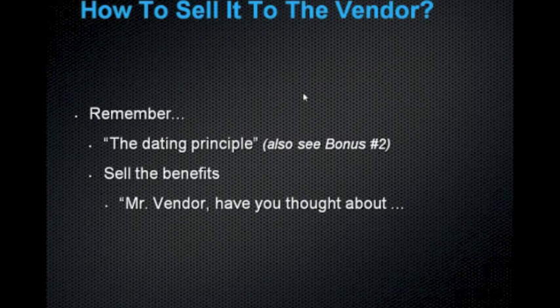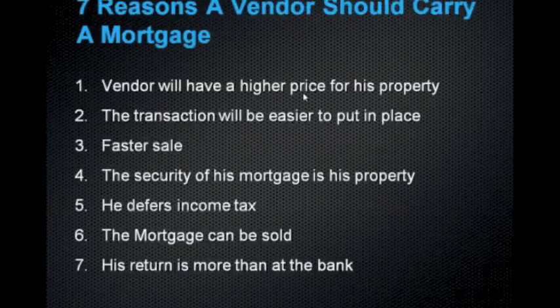What do I mean by this? There are some benefits, and I'll list them here, okay? 7 reasons a vendor should carry a mortgage. Well, a vendor will have a higher price for his property. Very often, if you look at a vendor's property worth $600,000,